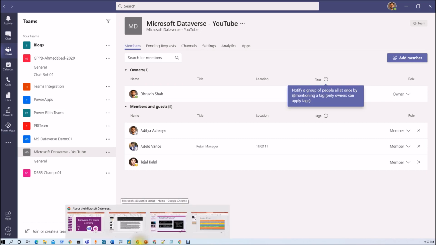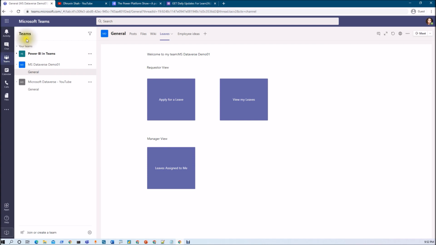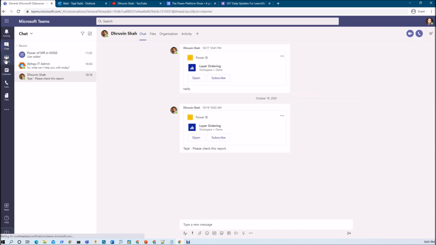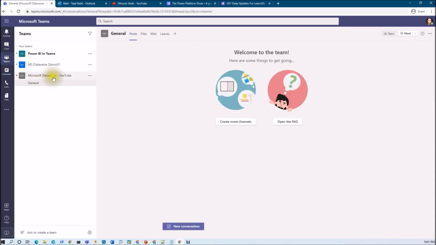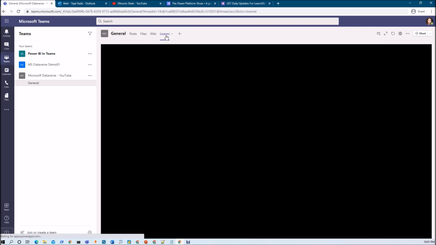Now let me open one of my guest windows here. Now I have opened Tejal's Teams account. You can see that I'm logged in with her account. Now I'm going to Teams, and I'm opening the Microsoft Dataverse YouTube team, and here you can see that on the top corner you will see my Power Apps. So Tejal will be able to access this Power App from her team.